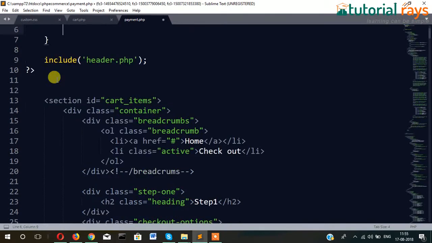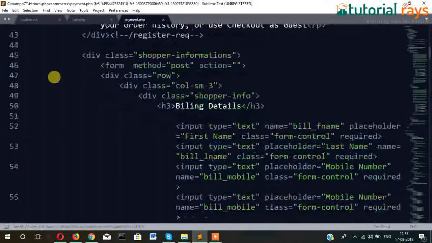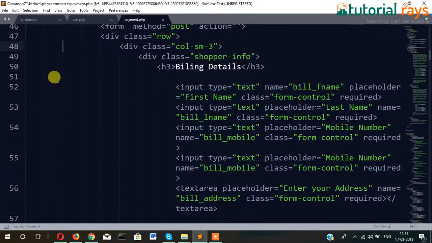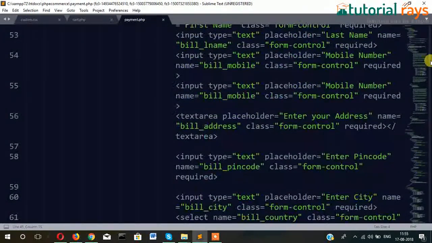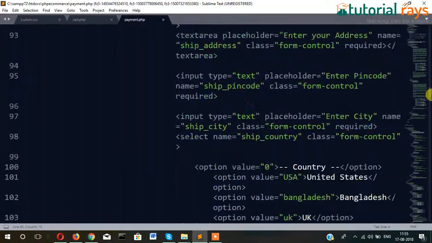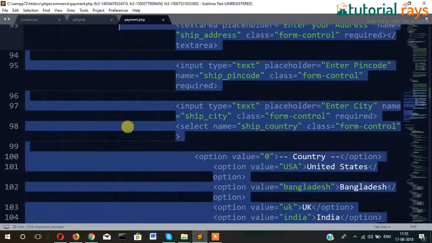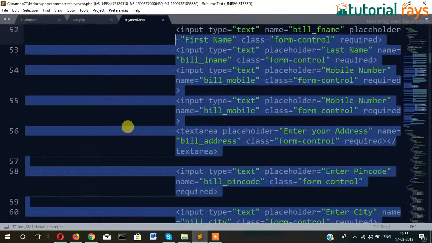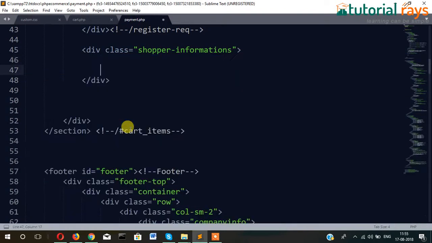First of all, let's delete that, and then let's find its ending tag. Here is the ending. So let's simply delete this. We will have the payment details here. Okay, just deleted it, and then